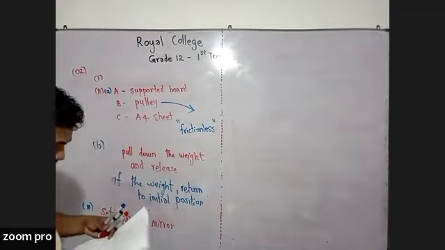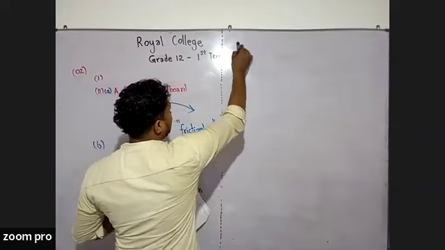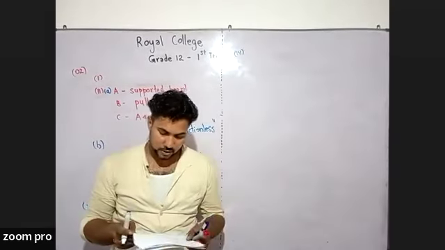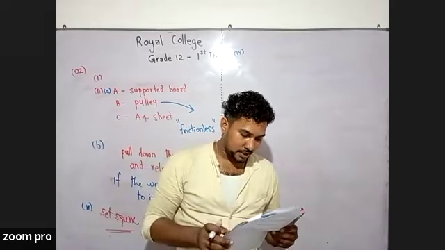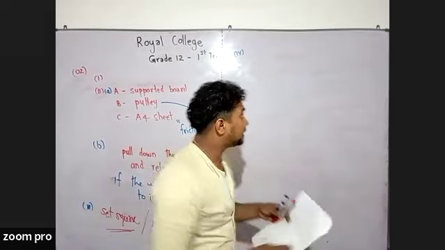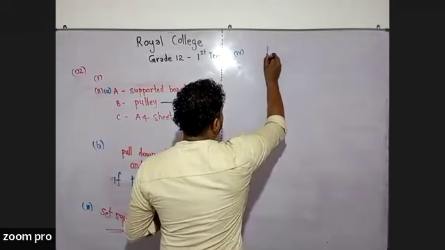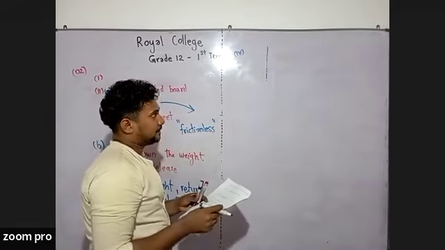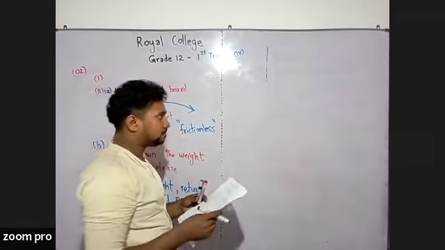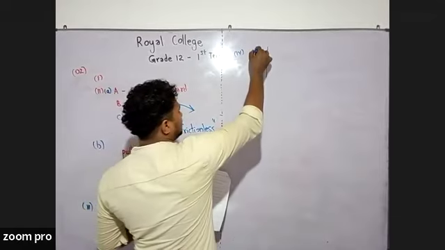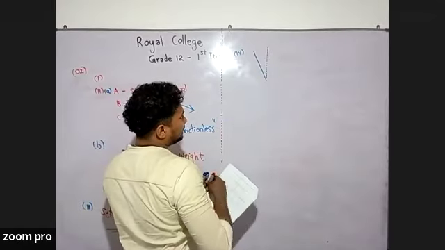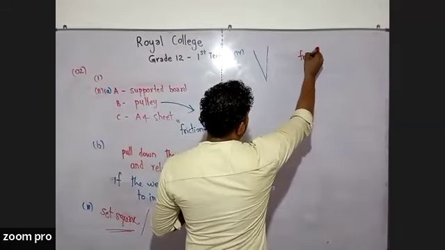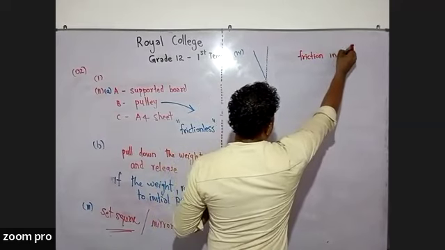Both can be accepted, but I think this one is better, right? Okay. In the C part, the fourth Roman number, C is taken out of the apparatus, join the points and draw the parallelogram according to a suitable scale. If the diagonal of the parallelogram is not vertical, that means there are some particular reasons for not having a vertical diagonal, that is, there can be friction in the pulleys,